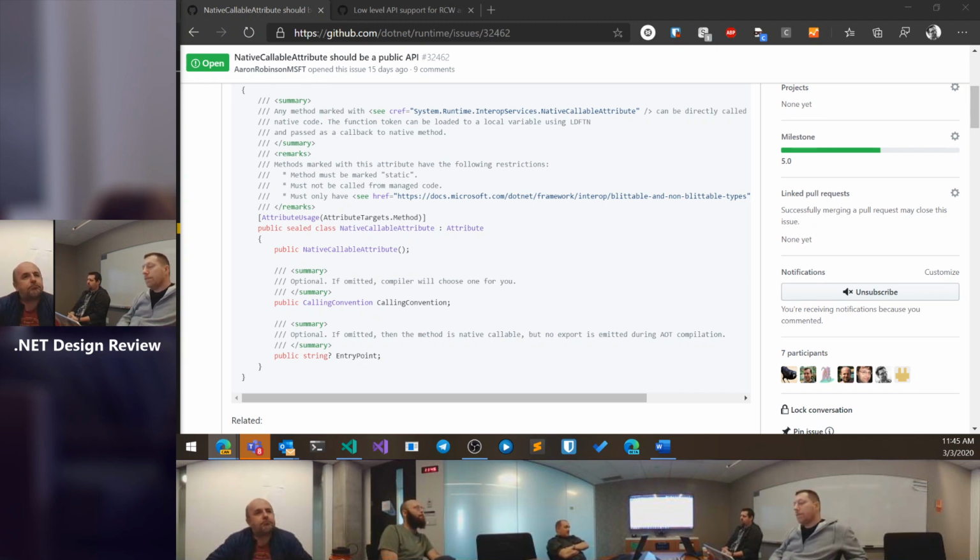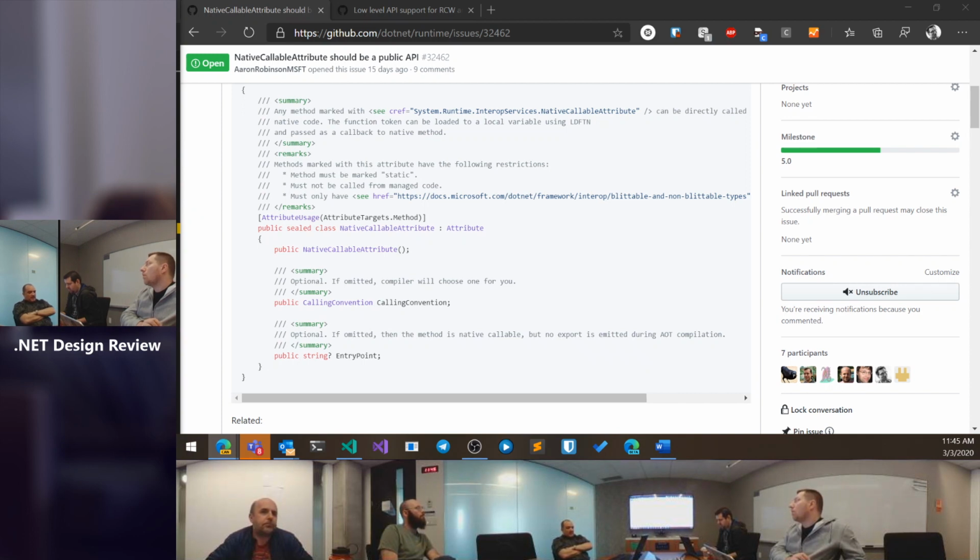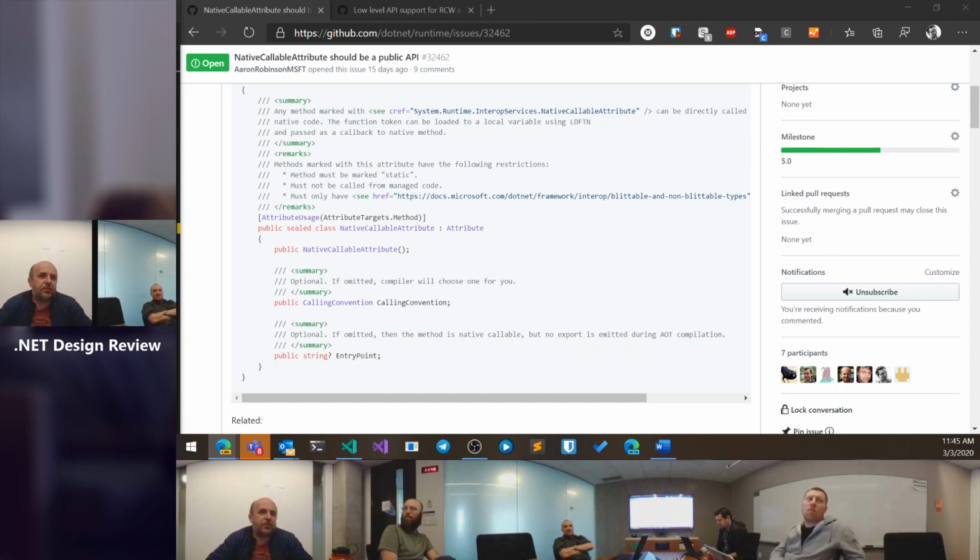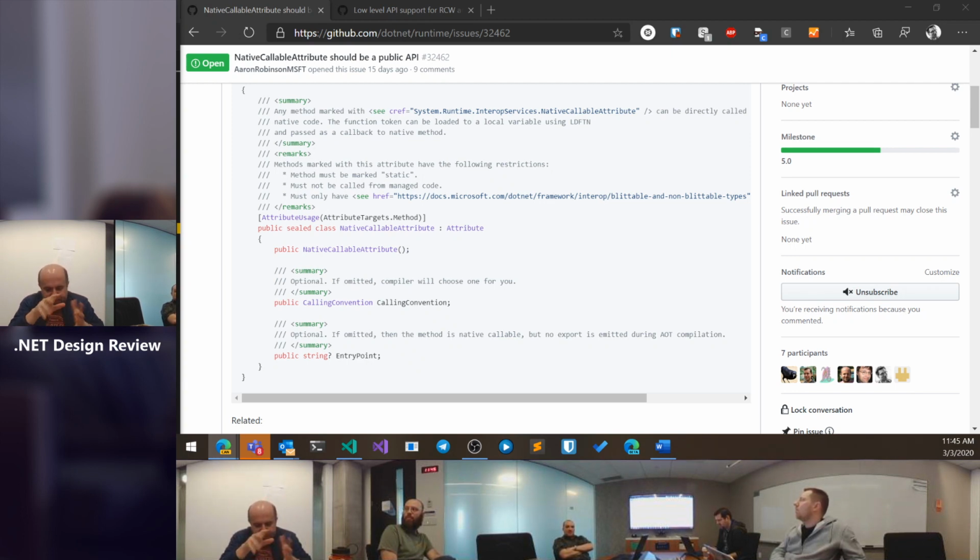This makes sense. If the entry point thing is only going to matter in AOT, I think it makes sense to call it the AOT entry point or name. It doesn't necessarily need to be. You can use it with a JIT as long as some build time step will generate the shim DLL that has the unmanaged entry points. So it's basically like you have to have a build time step that will look at these attributes, but it can